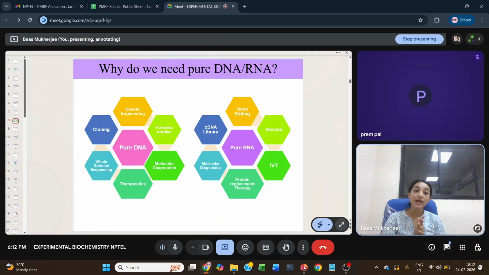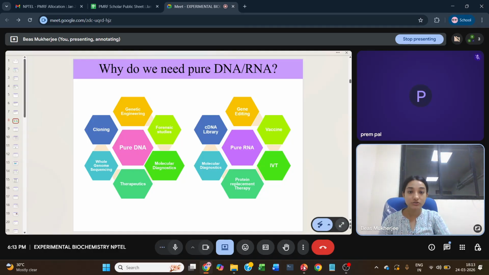Now, why do we need pure DNA and pure RNA? DNA is required for a lot of different purposes such as genetic engineering, forensic studies, molecular diagnostics, therapeutics, whole genome sequencing, cloning, etc. For RNA, you need it for cDNA library preparation, gene editing, vaccine preparation, in vitro transcription, protein replacement therapy,